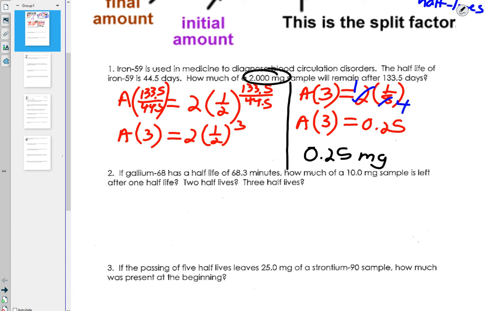Any questions there? Yeah. Here I took 1/2 to the 3rd power, which gives me 1 over 8. The initial number, 2, was hanging out the whole time. And then I just multiplied 2 times 1/8. You can do it on the calculator if you just want to jump straight to the decimal, but 2 times 1 is 2 over 8 is